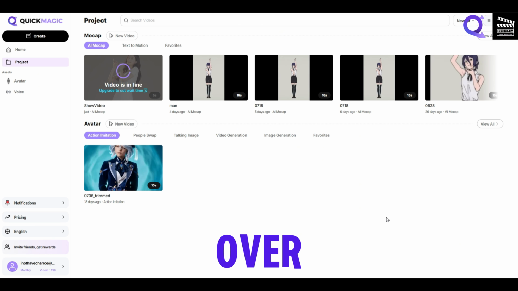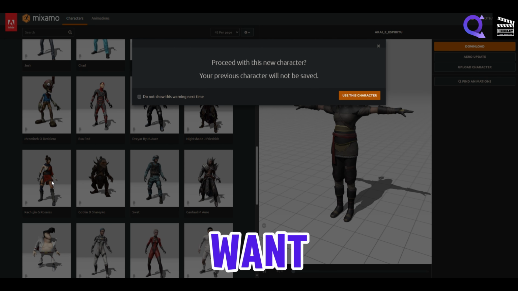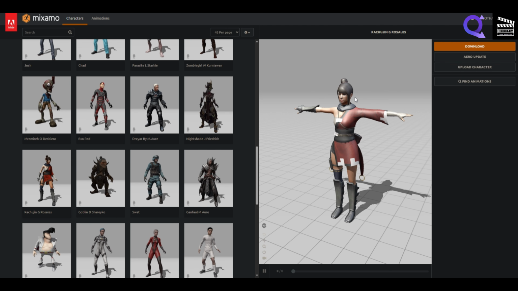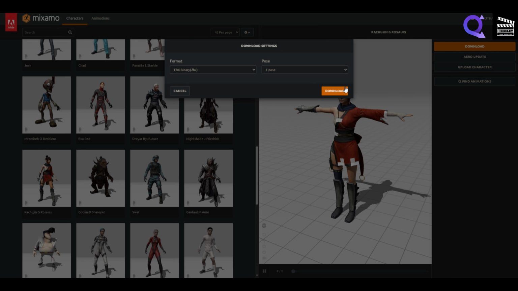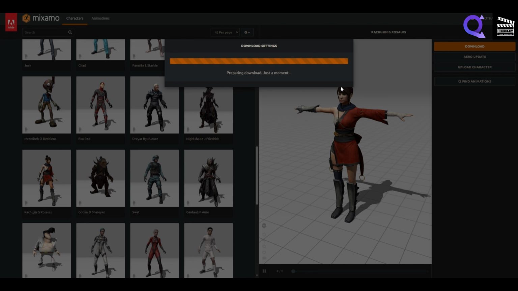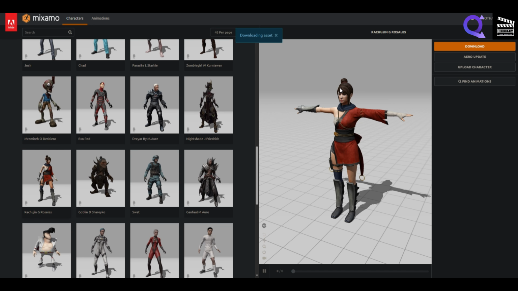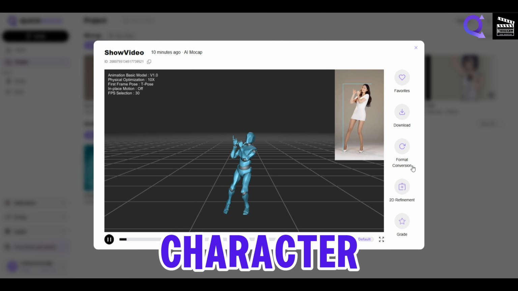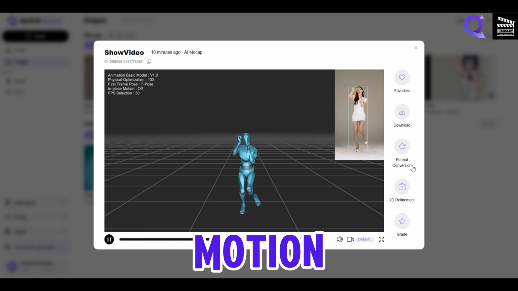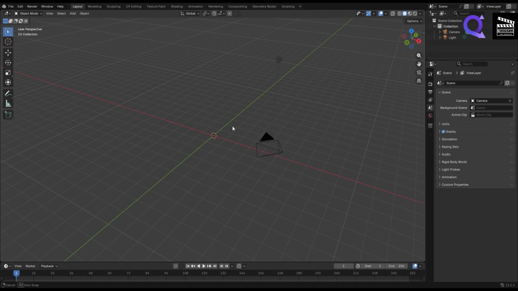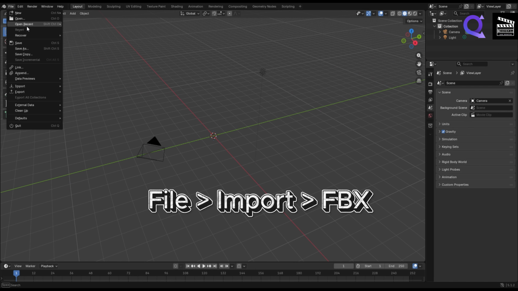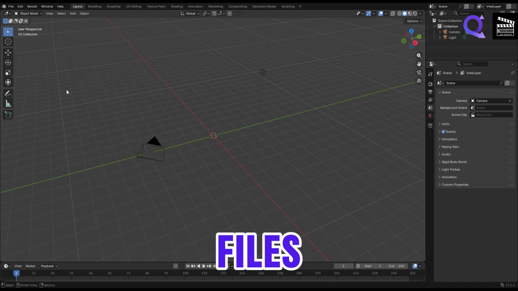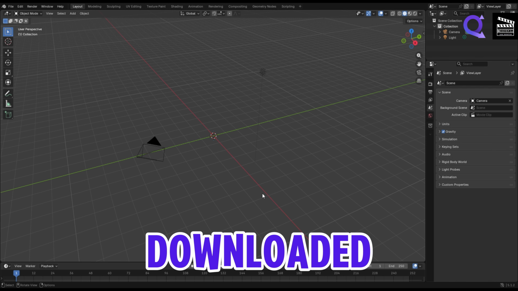While waiting, head over to Mixamo. Choose the character you want and download it. Once your video is ready, go back to it and download the character performing the dance motion based on the video you selected. Next, open Blender. Go to File > Import > FBX, and select the files you downloaded. Since you'll have downloaded 2 files,